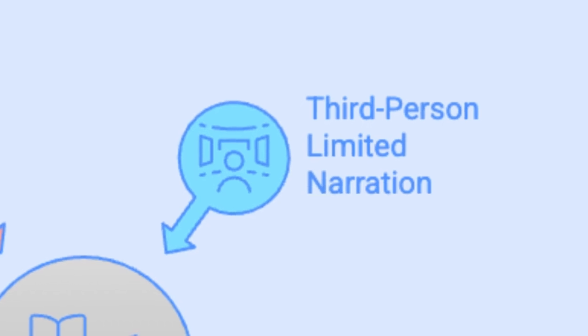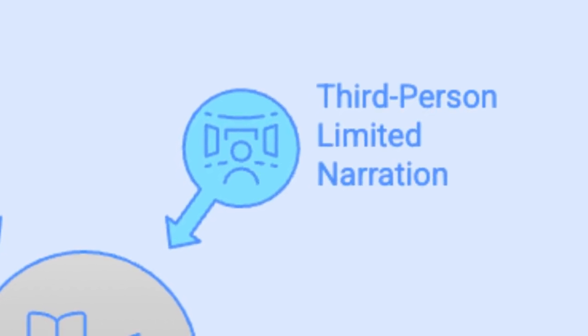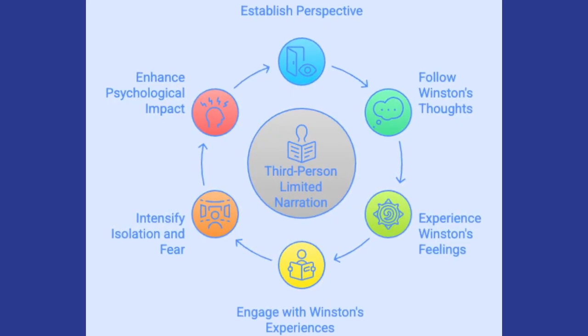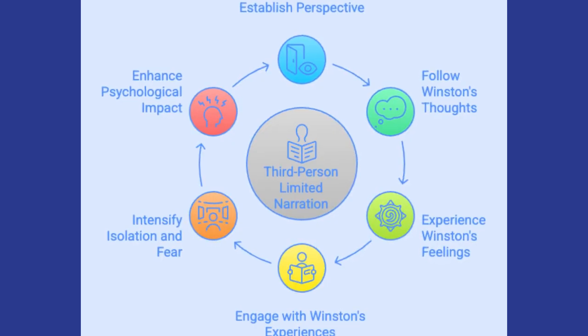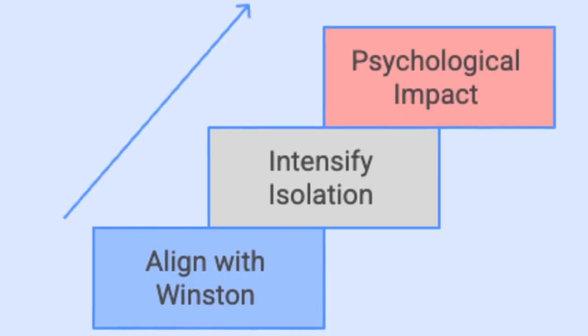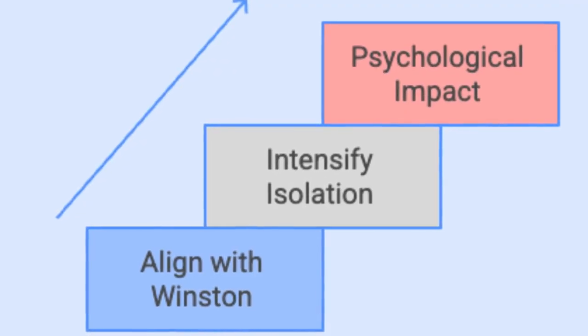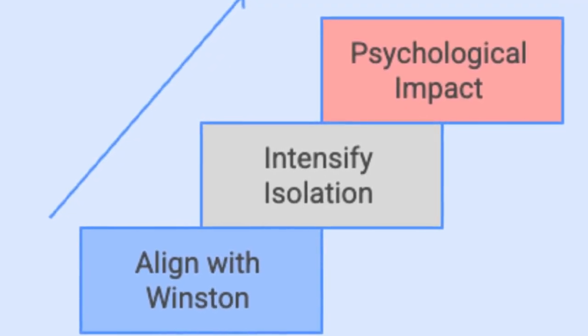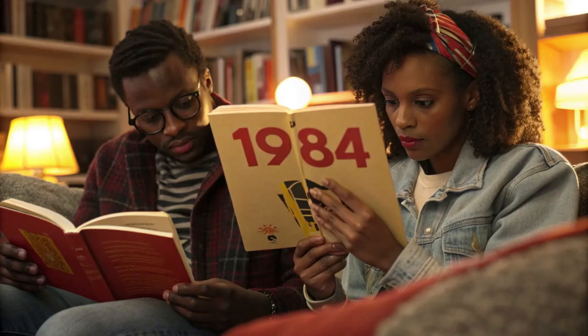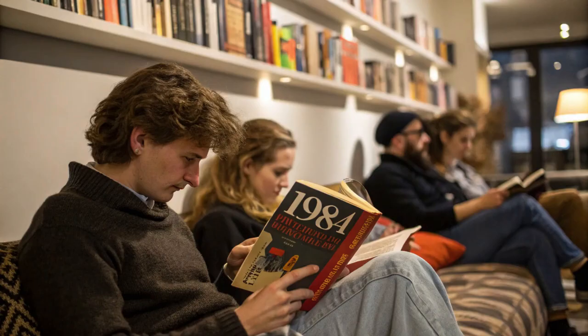One key technique is third-person limited narration. This means the story is told from an outside perspective, but closely follows Winston's thoughts, feelings, and experiences. By aligning the readers with Winston's inner turmoil, Orwell intensifies the sense of isolation and fear that Winston feels. This makes the psychological effects of living under totalitarian control much more powerful, drawing readers into Winston's world and his